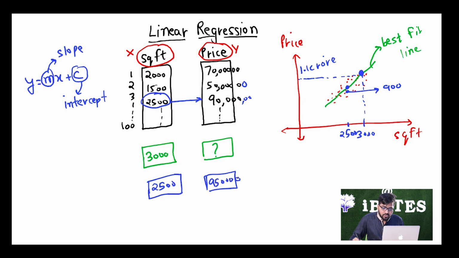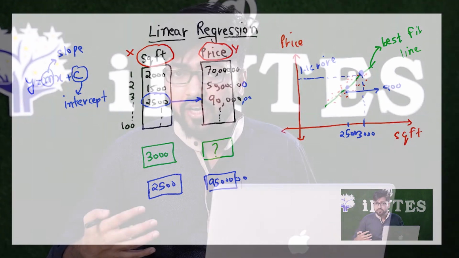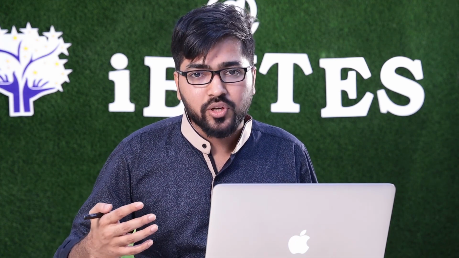What I am trying to say here is that all the predictions are always going to be based on the best fit line and not on the training data. The training data was only helpful to make the model, that is, to make the line. It only helped us to get the best fit line. It won't be helping us in predictions. In predictions we have to use the best fit line itself. Basically it helps us build the line, that is, to get the values of m and c. How to get the values of m and c, I will discuss in the next session.